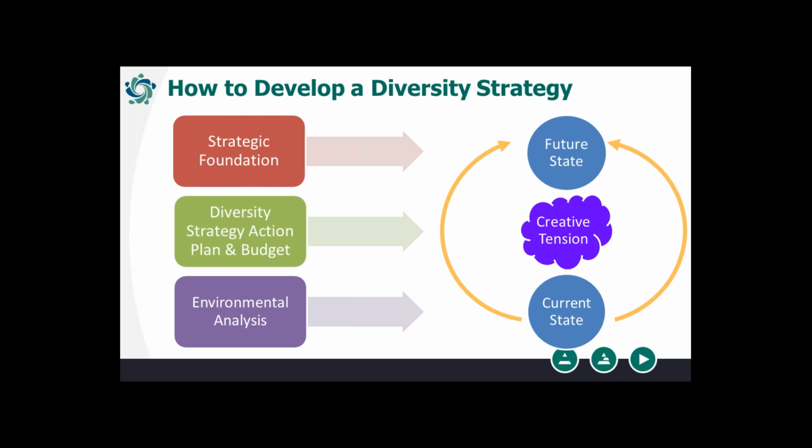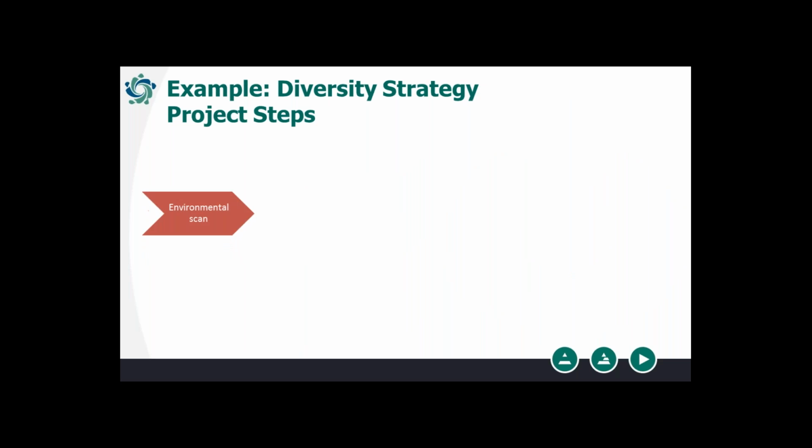Next slide. So the last organization we worked with gives an example of what we did. I'll walk you through it. In this scan, we looked at their internal documents and we did the measurement of good practice research compared to where they were. We did interviews. So if you put the next one up, consultation. In this particular project, we interviewed 20 employees and selected members of HR and the diversity committee. We also did focus groups with a number of groups just to get a good sense of the current state of the organization.